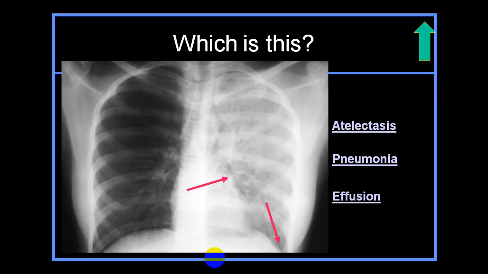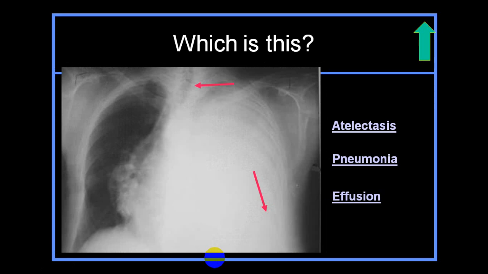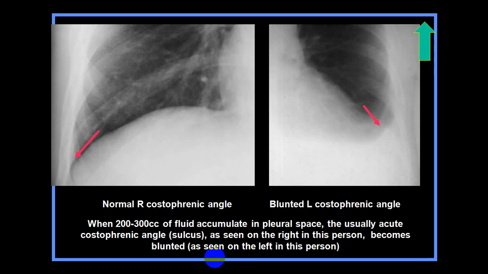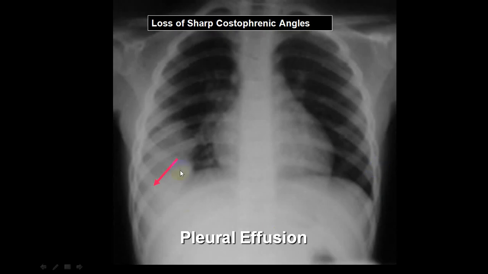Consolidation, you will be able to make out. In a pleural effusion, you will not be able to make out the costophrenic angle. In lower lobe collapse also, sometimes you cannot make out the costophrenic angle. Particularly if it is a lower lobe collapse, almost it is not identifiable. Here you can see clearly. Here you can't see. This is blunted costophrenic angle. So this is because of the fluid in a pleural cavity. We call it pleural effusion. Here you can see that this angle you cannot make out.